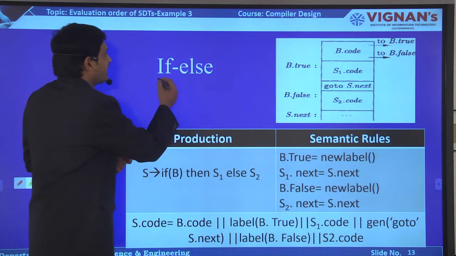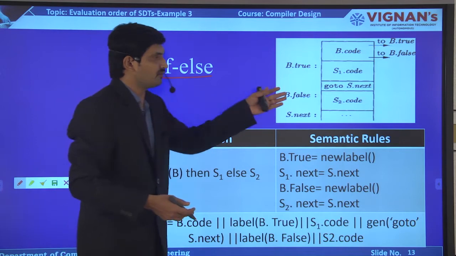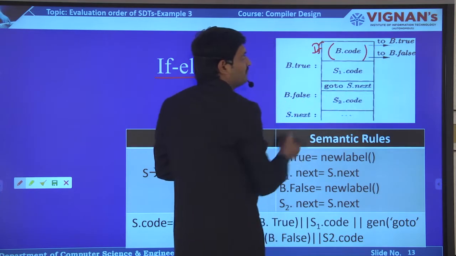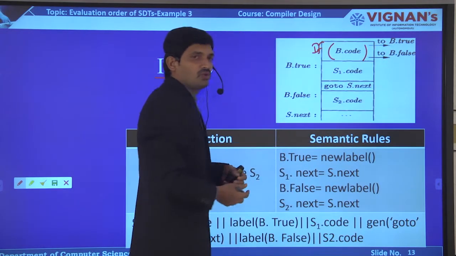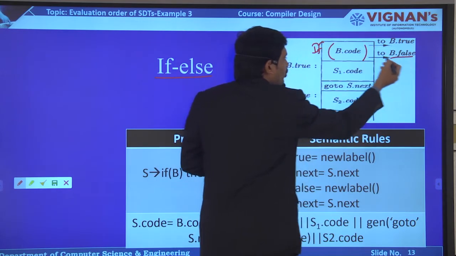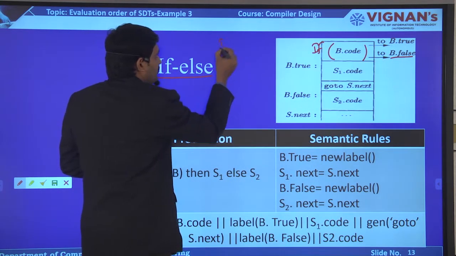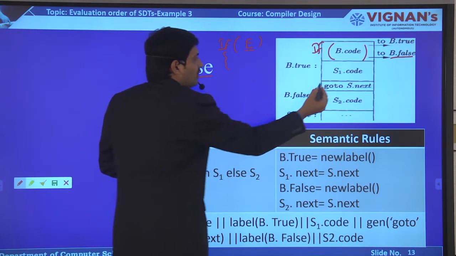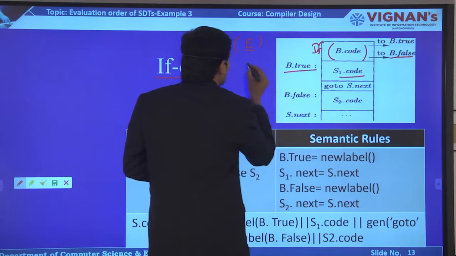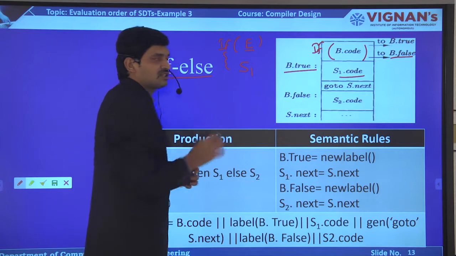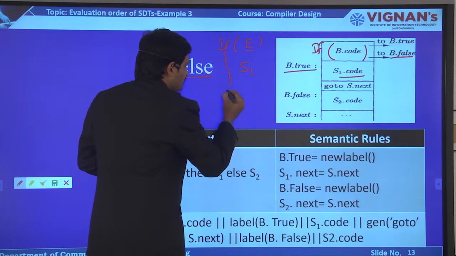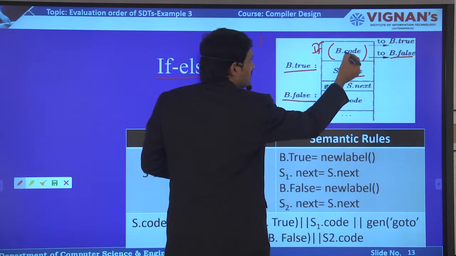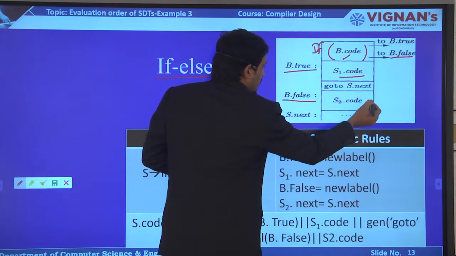Okay. Now the second one is if else. Come to this graphical representation. So here this is the if code. If this is the expression and it is true, I am going to execute some code. Otherwise, if it is false, I am going to execute some other code. Let us say if this expression is true, I am going to execute S1. That means these are the S1 statements, let us assume. Else, what am I going to execute? If the expression is false, I am going to execute S2.